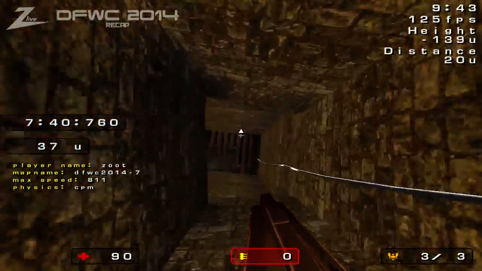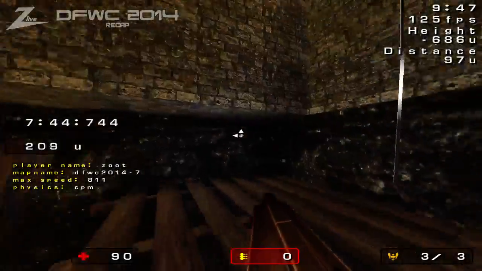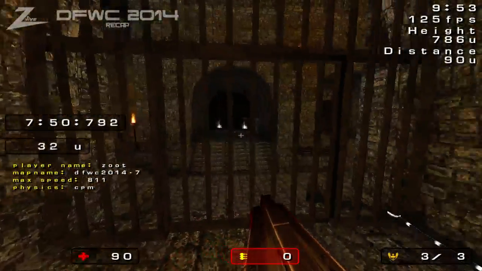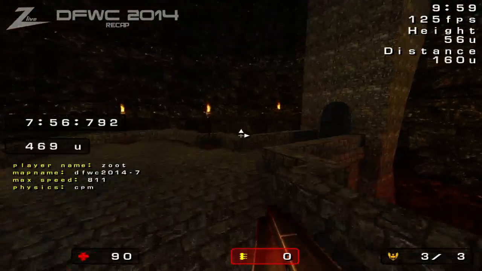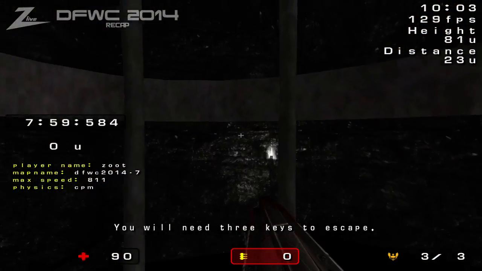Wait, I've got the key. How did I get the key? I don't remember. It's there! Alright, okay, I'm an idiot. Interesting. And so then you get up... Does that count as the end of the map, then? Oh, it just opens straight up, and then you go over to here, and you hope that...